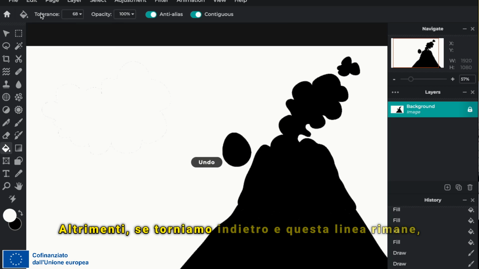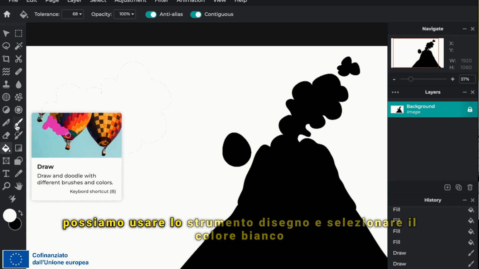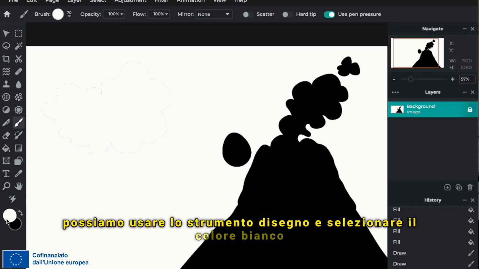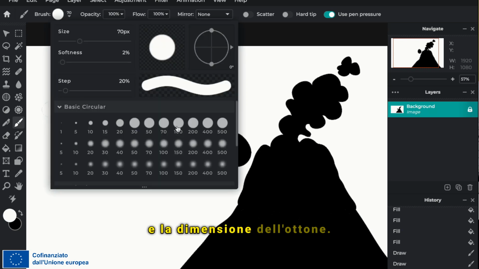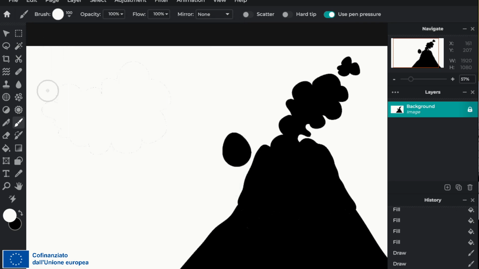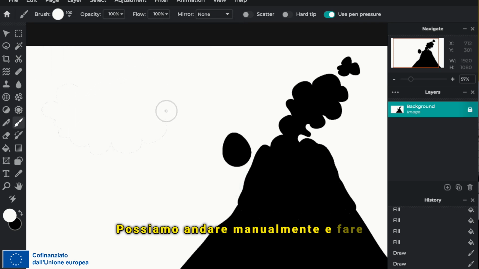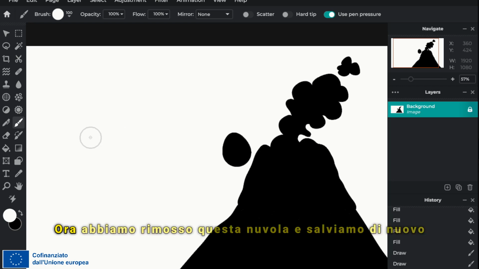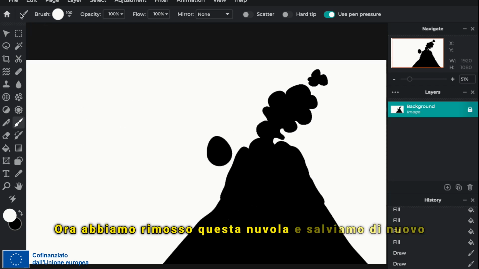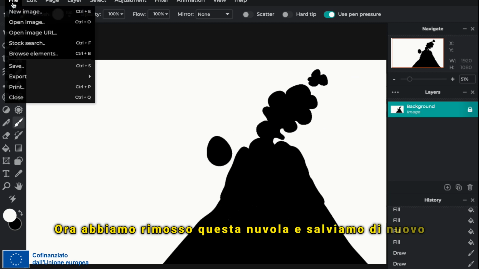Otherwise, if we go back and this line remains, we can use the draw tool here, selecting the white color, selecting here the size of the brush. We can go manually and make this line with a white color, so it actually disappears because it has the same color as the background. So now we removed this cloud and we save our file again